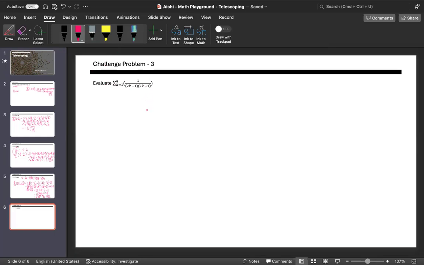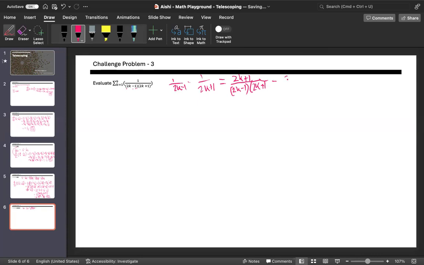Okay, so we obviously don't want to go over multiplying this all the way from 1 to 9. So let's see how else we can write it. So if we try writing this as 1 by 2k minus 1 minus 1 by 2k plus 1. Let's solve this just to make sure. So 2k plus 1 divided by 2k minus 1 times 2k plus 1